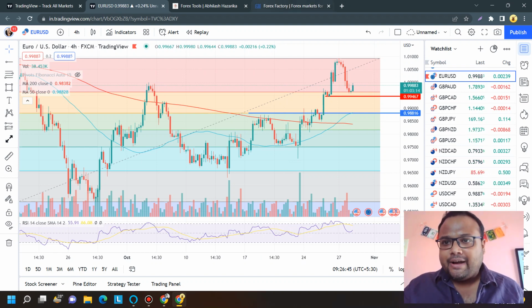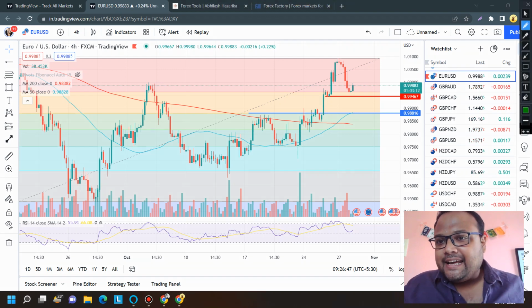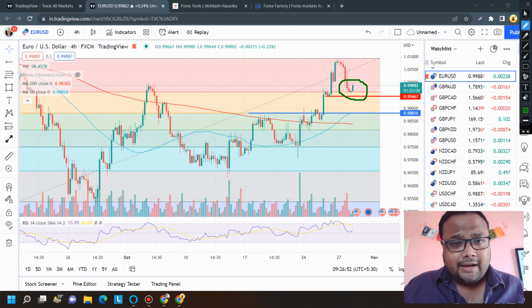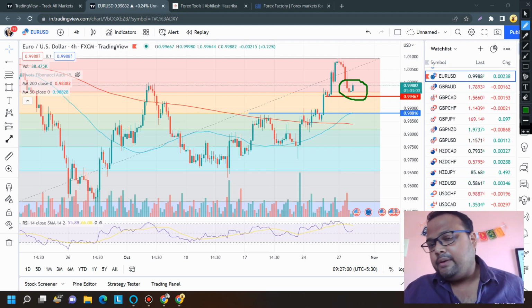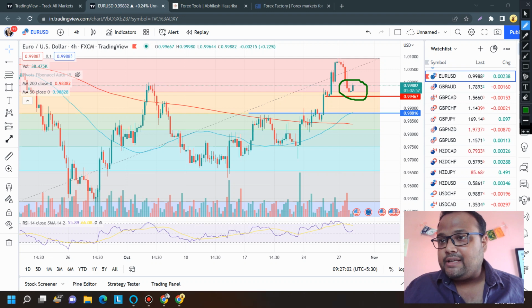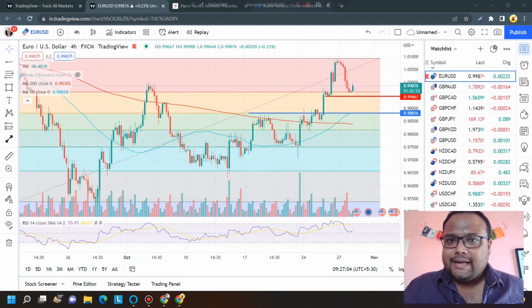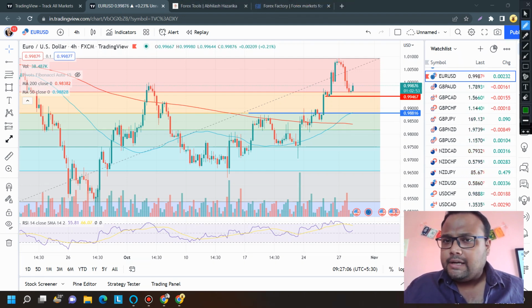Okay, so right now we can see Euro Dollar is standing at 0.9988. This is the current market price, and here we have taken the help of Fibonacci. So we can see the market is right now bouncing from the Fibonacci 23.6% retracement level. In case DXY recovers and the market starts falling,